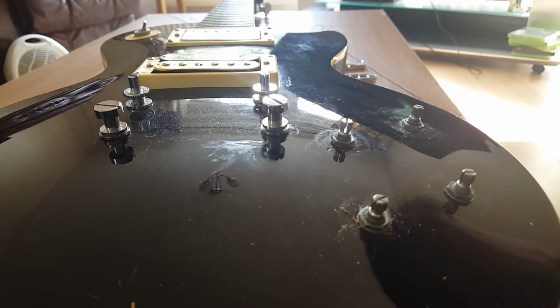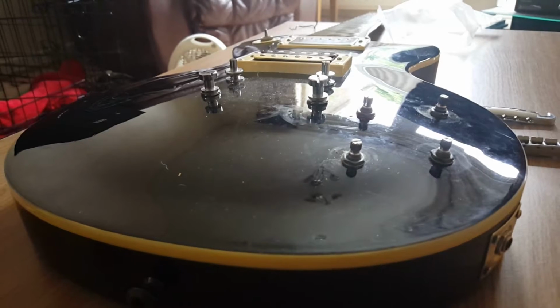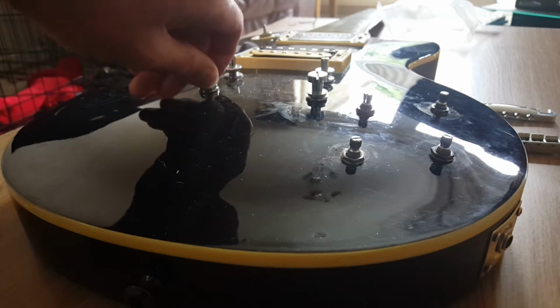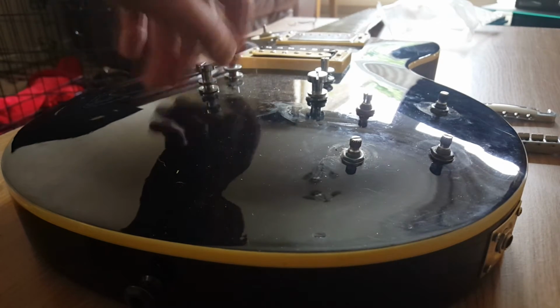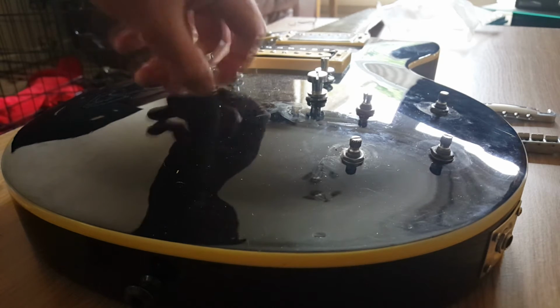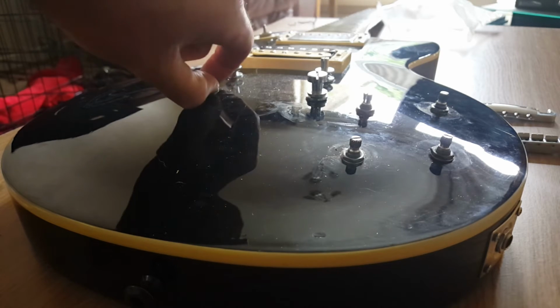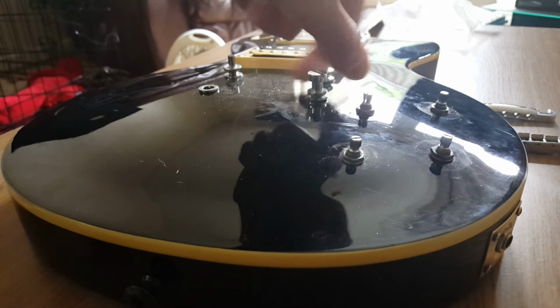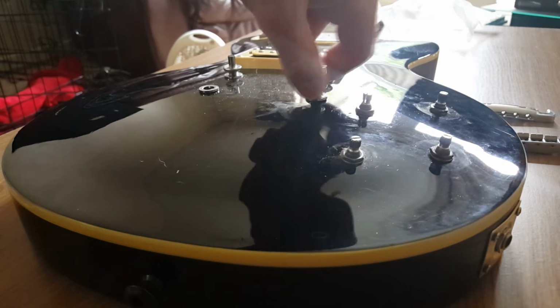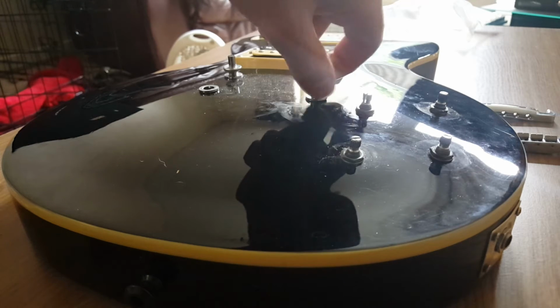So, right. The guitar is getting pretty stripped down now. As you can see, a lot of dirt and grime has built up over the years on this guitar. And I'm going to unscrew the pins for the bridge. Basically, I don't want anything attached to the guitar. I just want to end up at the end of this video, or the end of part 3, literally just with the body and the neck on the guitar,